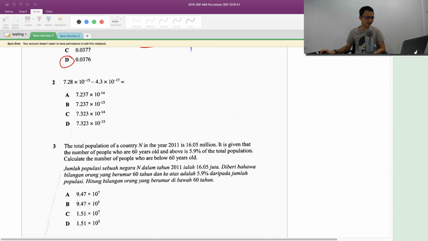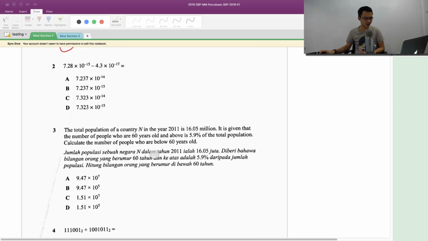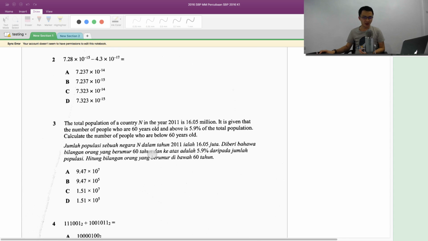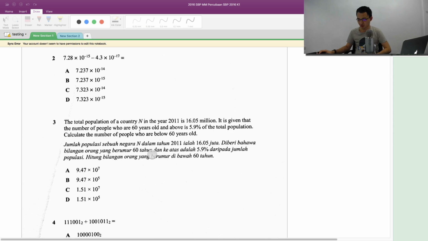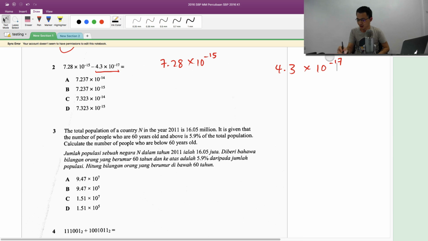And then for the second one, you can use a calculator if you know how to. If not, maybe I can show you how to do it manually. So this is 7.28 multiplied by 10 to the power of negative 15. And this is 4.3 multiplied by 10 to the power of negative 17. If I want to change this one to 10 to the power of negative 15, I will move 2 places to the front. So it actually becomes